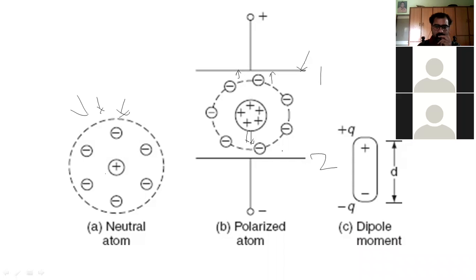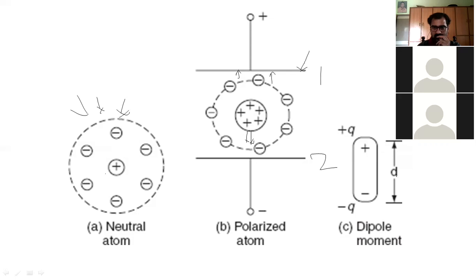So each and every atom is going to have a dipole moment, as shown in figure C. That is, the positive charge moves away from the negative charge due to this interatomic force, which was developed by passing high voltages and a high electric field. So due to this,